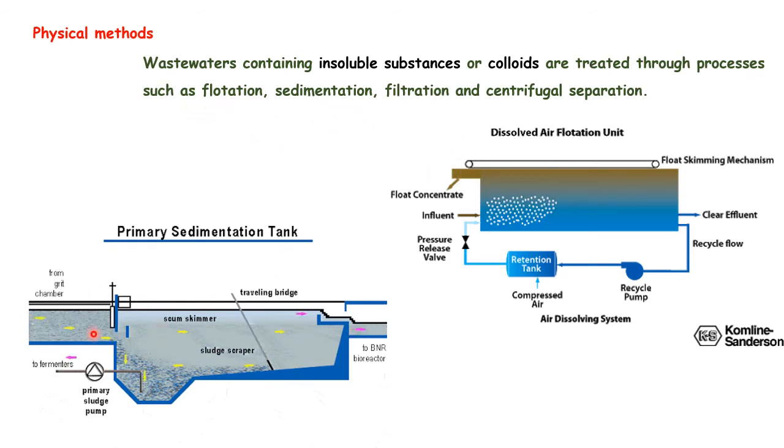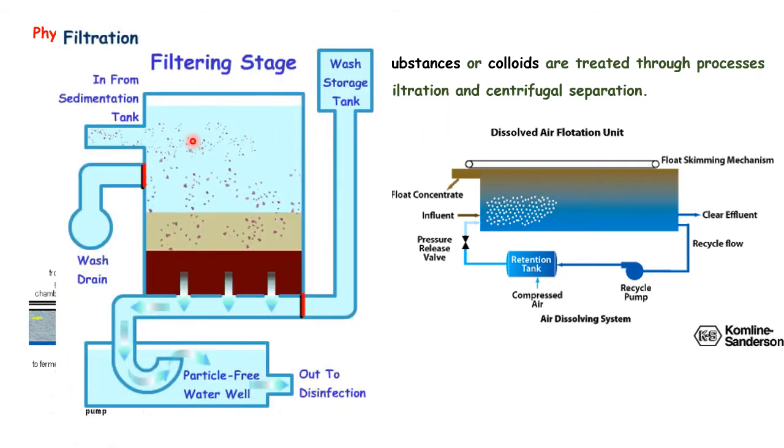Sedimentation, in simple terms, means that after the primary screening, the sewage water will be allowed to stand for some time. So the heavy particles such as stones and other heavy particles will settle down, and that settled particle is known as primary sludge. Remember I told you. And filtration is simple: once after this process, again it will be filtered. The coarse and fine particles will be filtered.